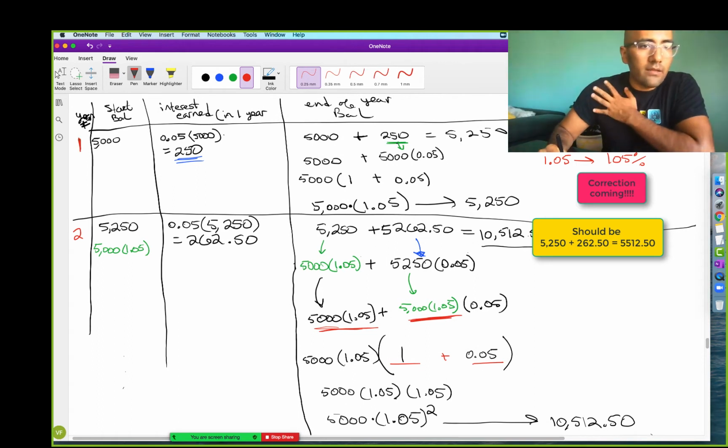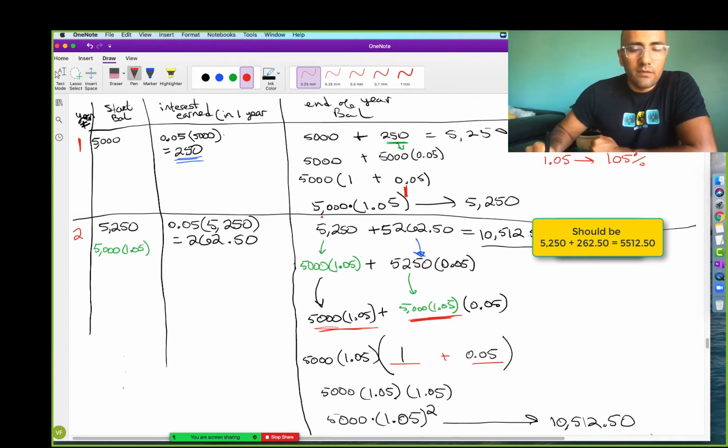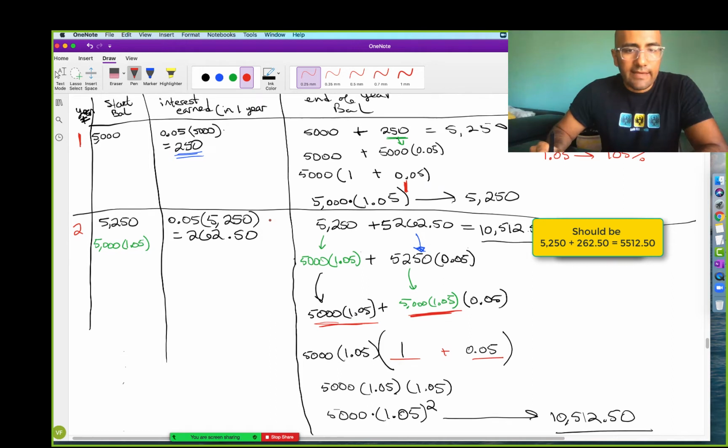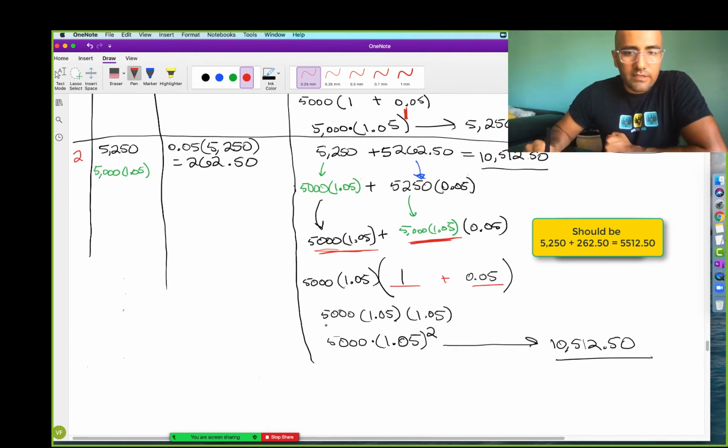Here we had 1 at the end of 1 year, and here we have this pattern. I'm going to put a 1 right there so we can see it. It's the initial investment times this number, and this number is 1 plus the interest rate, raised to the power of 1 because it's 1 year. At the end of 2 years, it's going to be 5,000 times 1 plus the interest rate, 1.05, to the power of, and then this guy is going to be a 2 there, right,